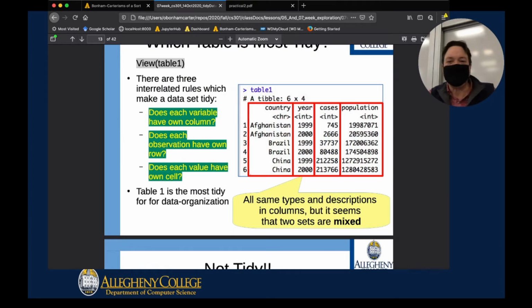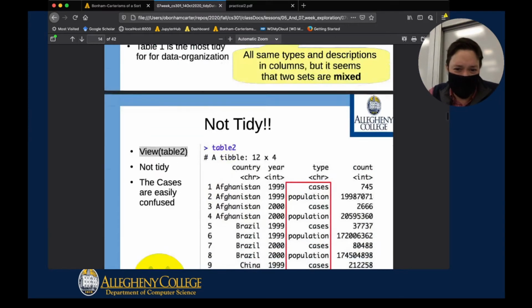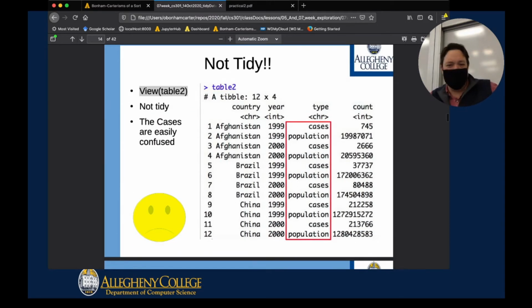You can see that it makes more sense having cases in this column here than it does here, because then I have to read the row cases, and then I go to the next block over and see the count. While it works and we understand the convention, we see how you can read the information, and it's still clear to us, it doesn't make it easy,